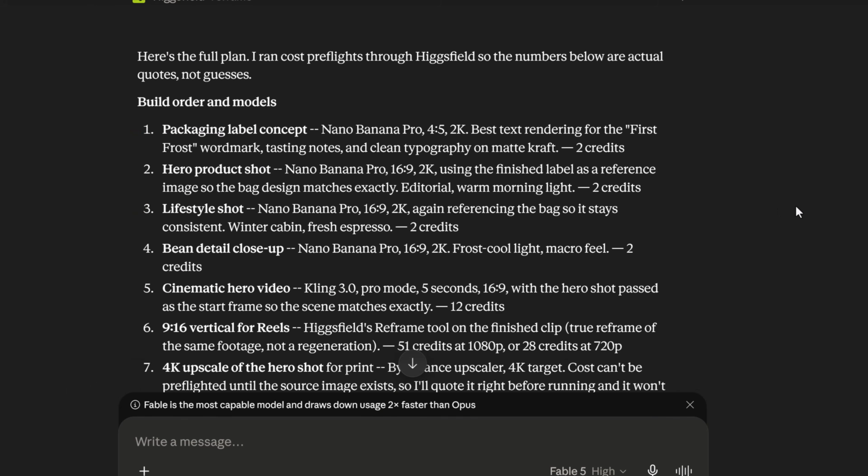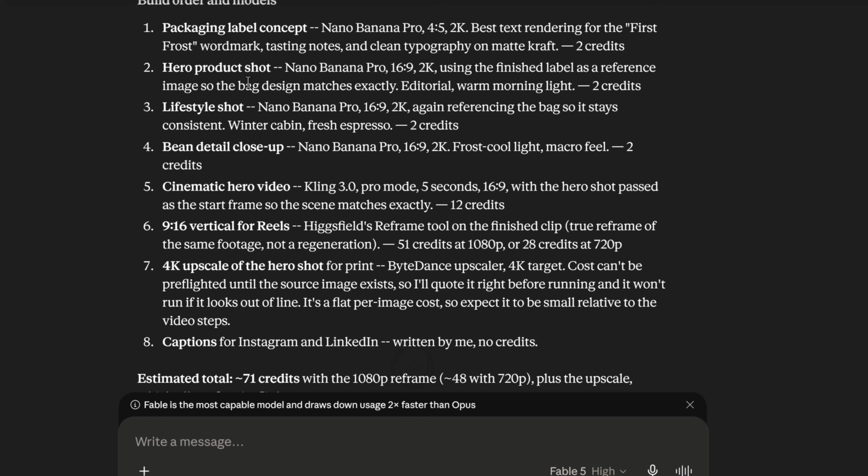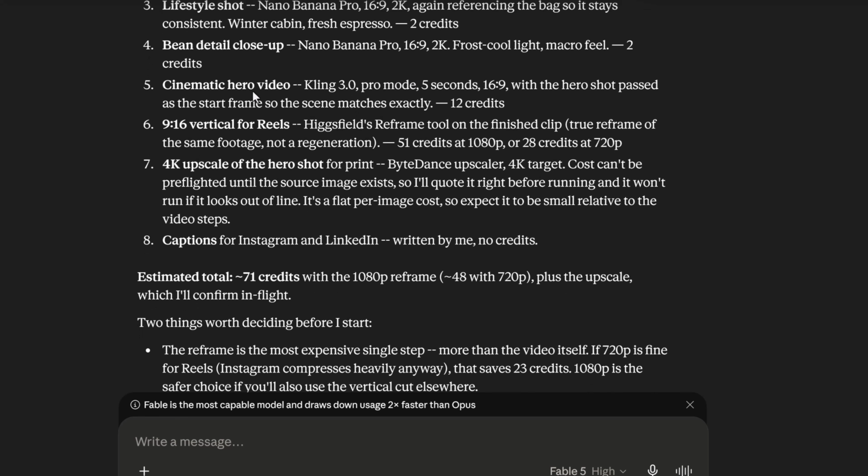Okay, so here's the plan, the full plan. So it's going through and it has the list of the credits. I have packaged and label concept. It's going to use Nano Banana. 2 credits, hero product shot, lifestyle shot. It's going to show me what it's making, what it's using for each of these, the aspect ratio, the bean